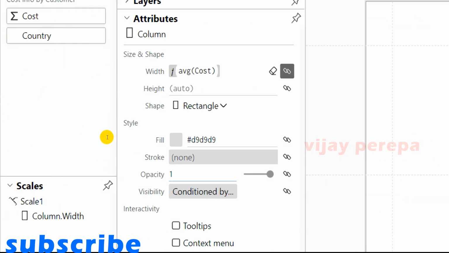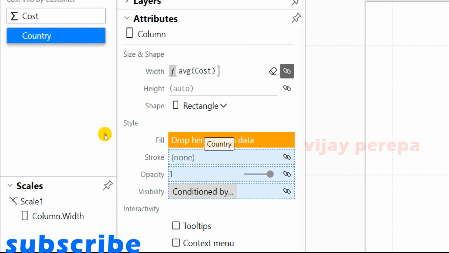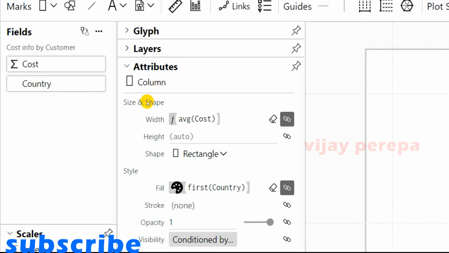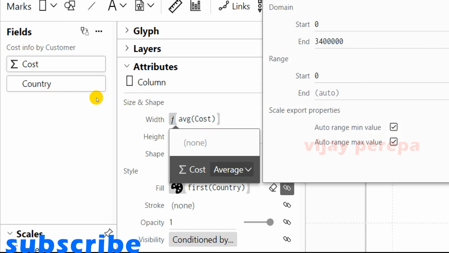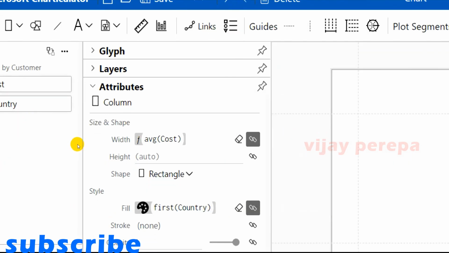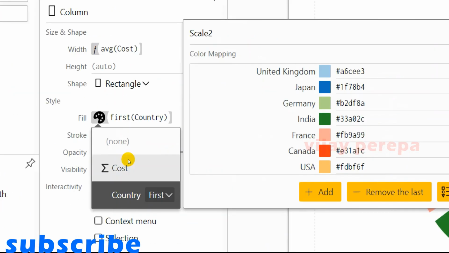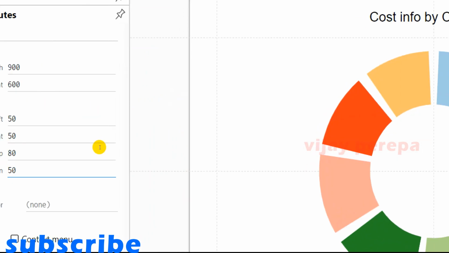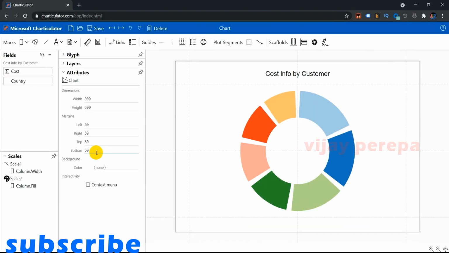And then I need to add a fill based on the country. I'm just adding fill. Now you can see the fill is added. You can actually change this fill based on the palette you get. If you click here, you will get different palettes. You can add different colors, you can add hex colors and make them different, but I'm going with the default colors.